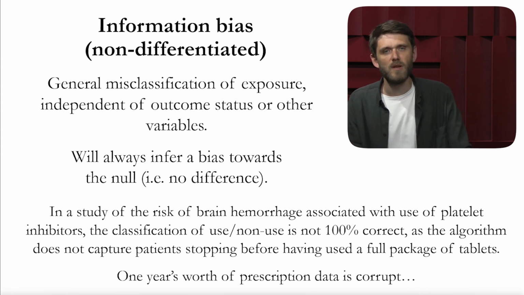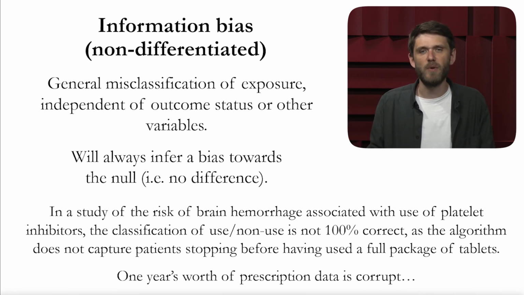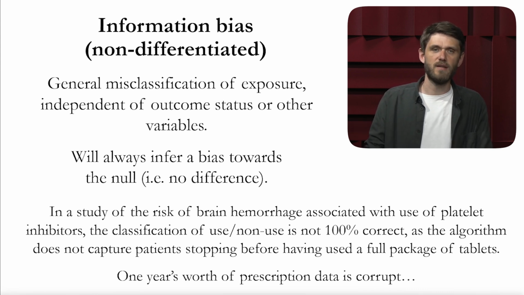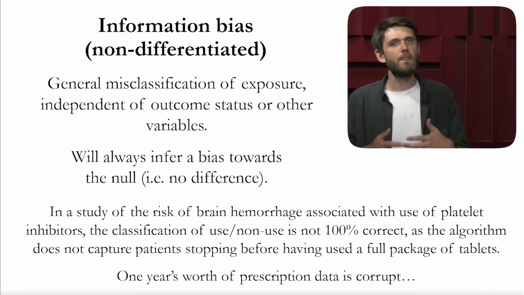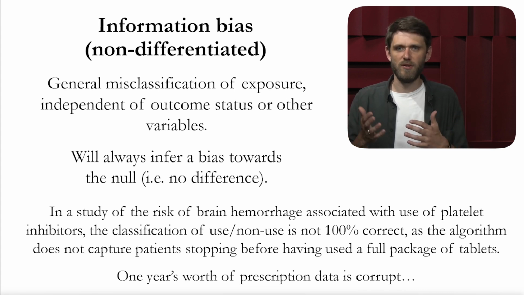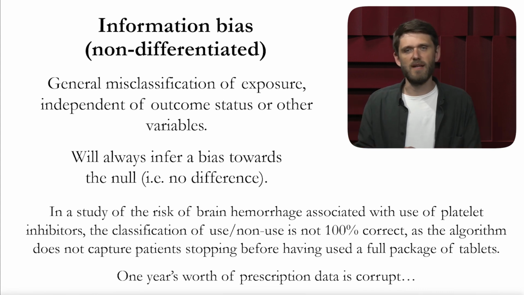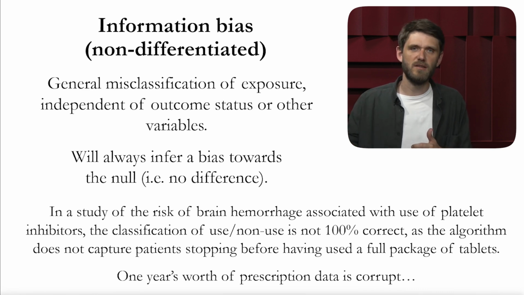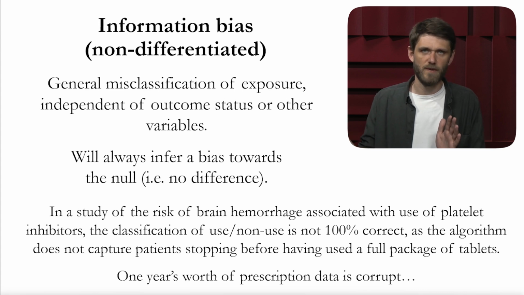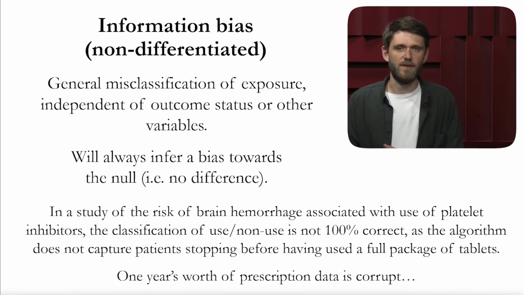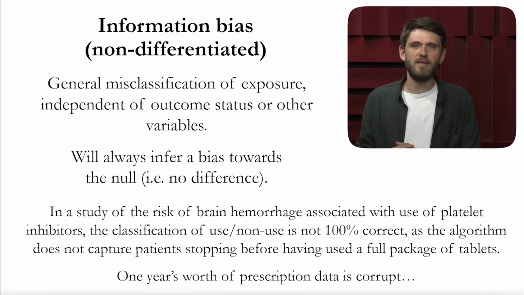An example, we did a study on the risk of brain hemorrhages associated with use of platelet inhibitors. We have the classification of non-use and use, as discussed in other presentations, highly dependent on assumptions made. It is not 100% correct, and thus we might have some classified as stopping that are in fact still users. We might also have someone that did in fact stop but classified as users. So there's a slight misclassification there, which will be independent of outcome, just a matter of a bias towards the